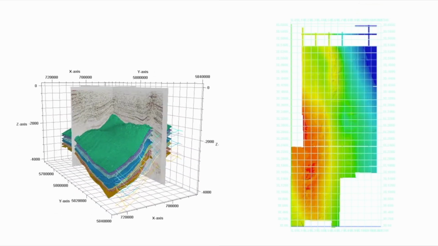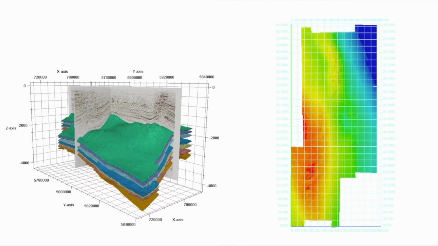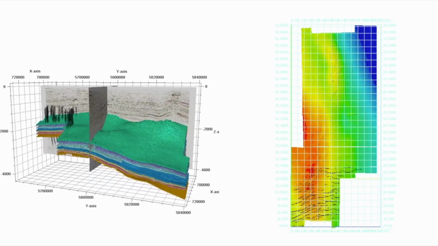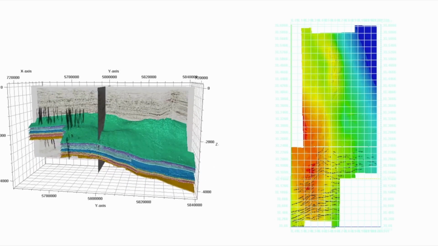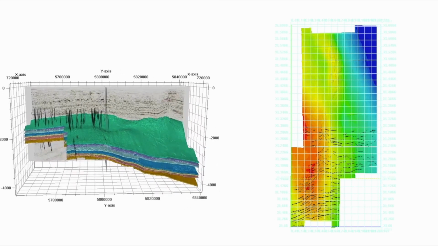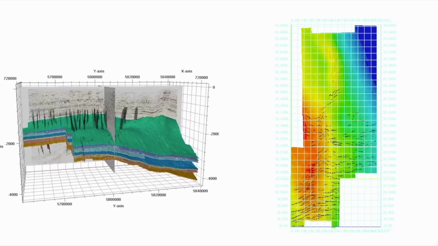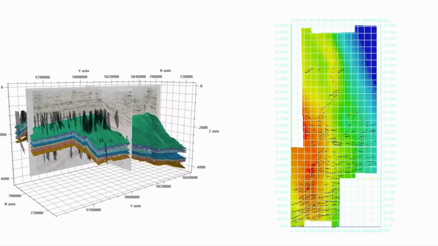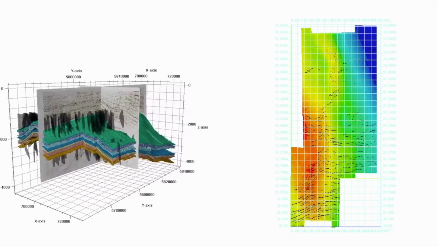We then add fault surfaces, tracking vertical discontinuities. The whole structural model is built in multiple processes in parallel, taking less than 2 hours in total. As a result, we get a pixel-wise understanding of field geometry and potential oil deposits.